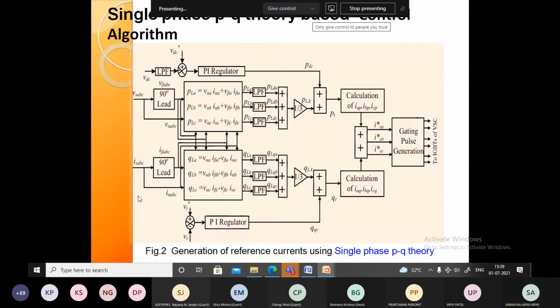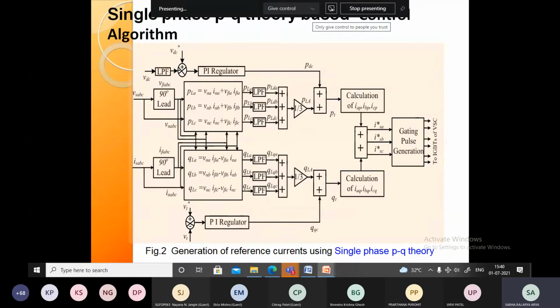Similarly, in the second case, you can shift the current by 90 degree and find out again QLA, QLB, QLC. Again put a low pass filter, then you have a pure DC value. Put 1/3 QLA, then you can add both, you have QT. Second loop, VT difference you can set. Sense the value of VT and compare both. Output of that you can consider as the reactive current, reactive leading current.